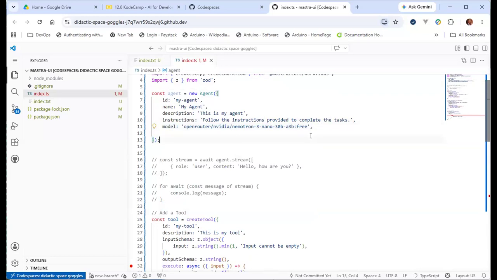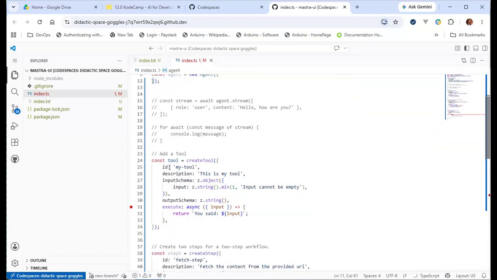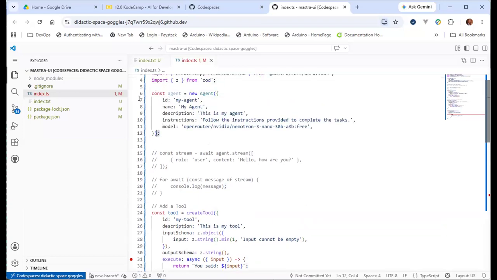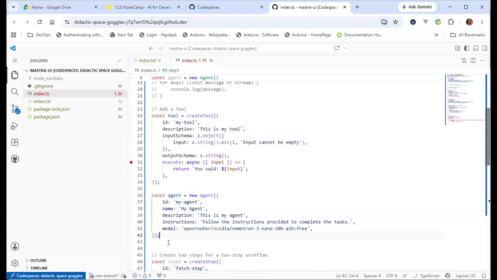But for the agent, these are the four basic things you supply. Now, one thing I didn't do was add a tool. There are two ways you can add a tool to the agent. One is when you are creating the agent, you just add it to the list here. So for example, I could have added tools here and I'll have a list of the tools which contains this. So let me call this agent one.